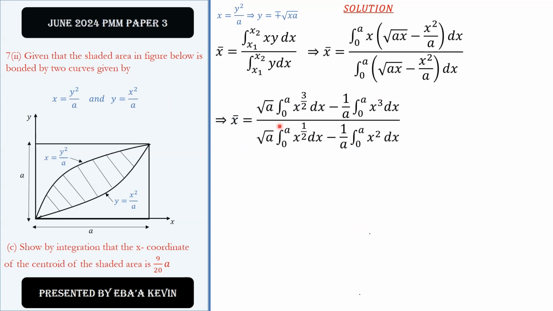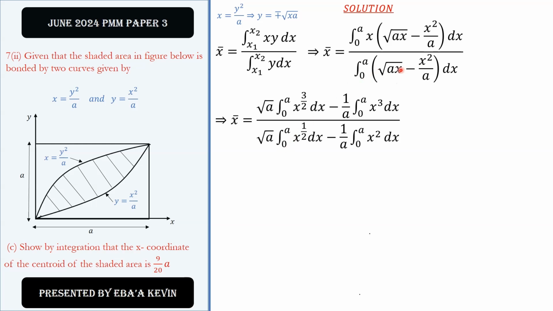From which, further simplifying, that is, introducing this x inside, multiplying x in the numerator, and separating terms, we are going to have x bar equal to square root of a times the integral from 0 to a of x raised to the power 3 and a half dx, because if you factor out square root of a, we have square root of x times x, giving 1 plus a half, which is 3 and a half, then minus 1 divided by a times the integral from 0 to a of x cubed dx, because we multiply by x, then divided by